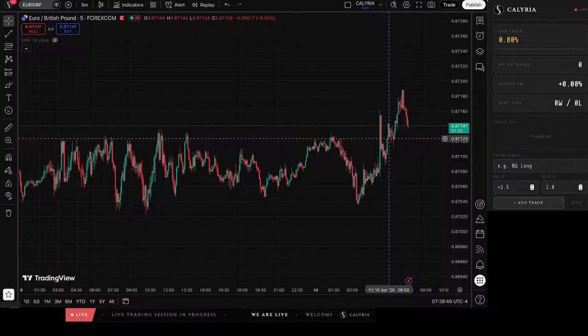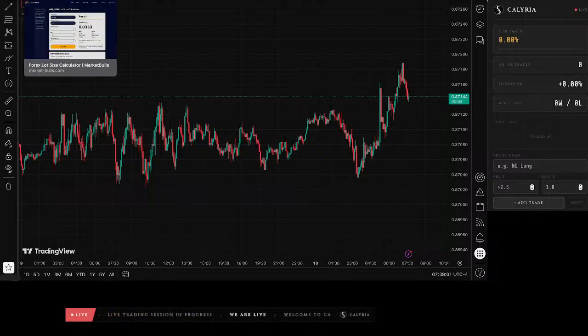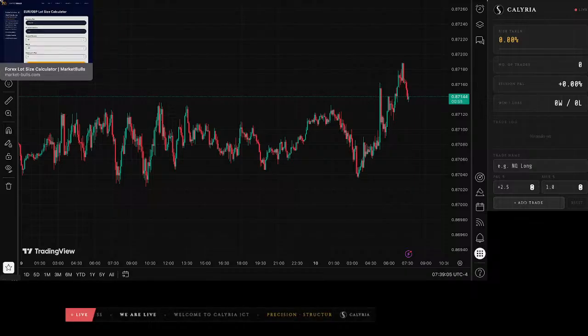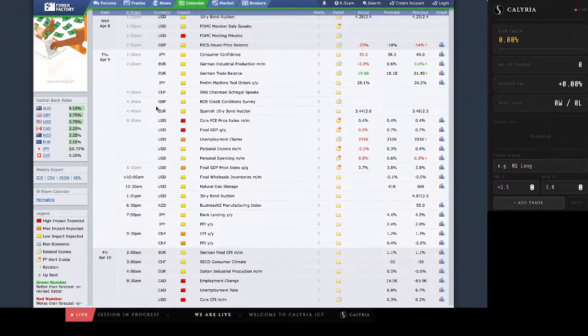Hold up here, but before that I want to go to forex.com. This is the website that I use. These three are the websites that I use to calculate my lot size if I ever take a trade. These are some lot sizes that I will take, but let's forget about that and go straight to here.